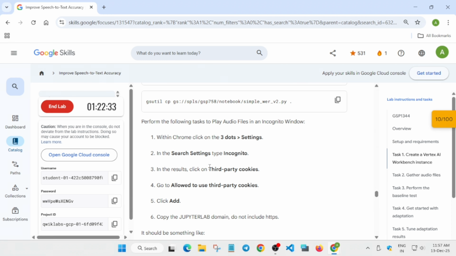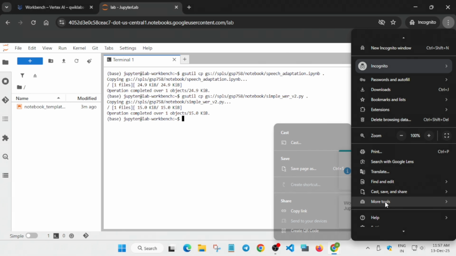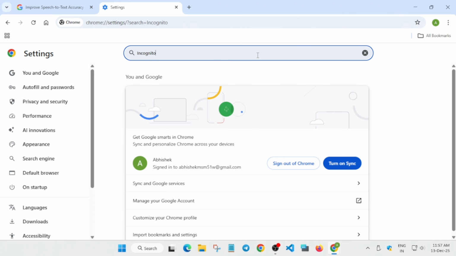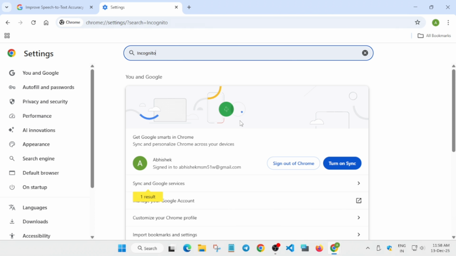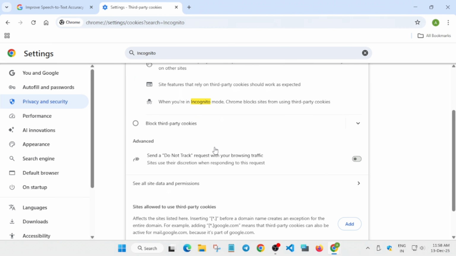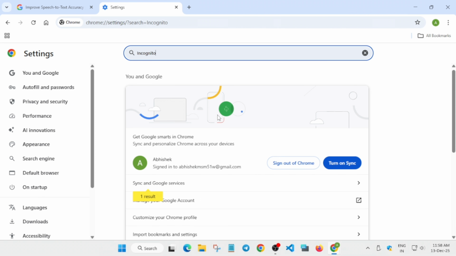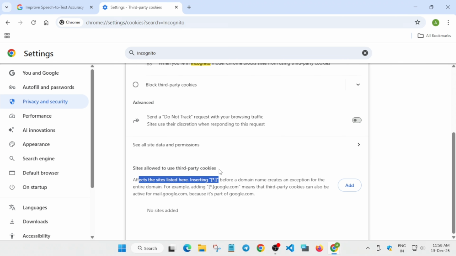hit enter. Now this is the important part. Go to the Chrome and just come to the incognito, copy it carefully, come over here and just search for the settings. Okay, search for the settings. From here just paste it, hit enter and just scroll down. Here you'll see third party cookies. Here you can clearly see I'm repeating the step. You have to paste it, scroll down, come to the third party cookies, and here we have to add the